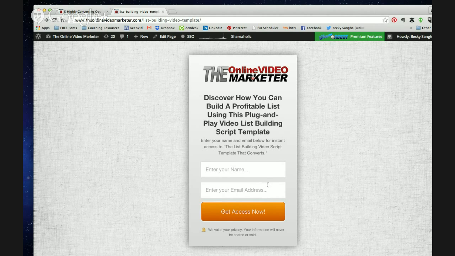But a lot of times you'll see squeeze pages where they just ask for your email address first. And then what they hope is that later on, as you move through their marketing funnel, they'll be able to get more information from you. So, you can leave it with just the email address, or you could try both ways and see how it converts. If it converts better with just the email address, then you may want to leave off the name field. But you need at least one field on your form that they can fill out with their email address,